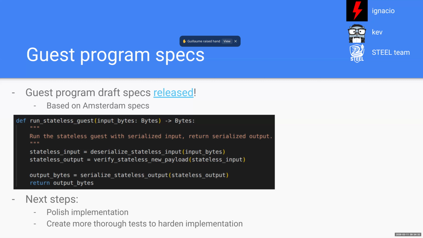Right, yes. This is related to all these new tests that we are planning to include in the next weeks, because there are a lot of new cases that are important for the guest program verification step. Regarding the MPT, you have a partial view of the MPT and you have to check that the provided information is correct, and also for the other fields. So there are a lot of new test cases that should be added to cover all this.